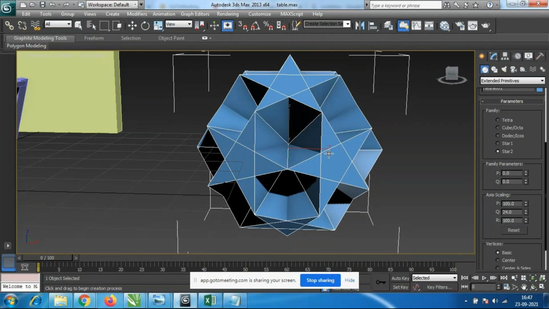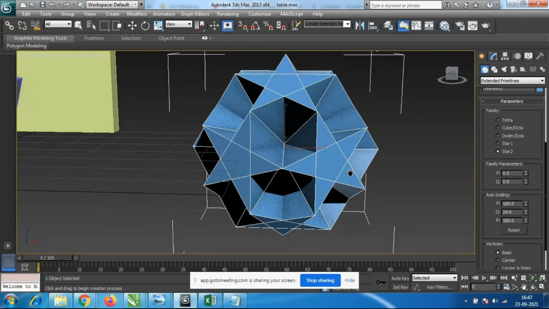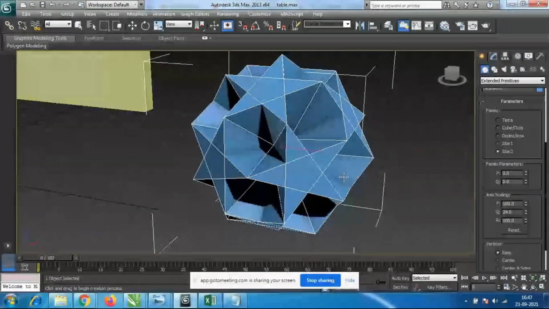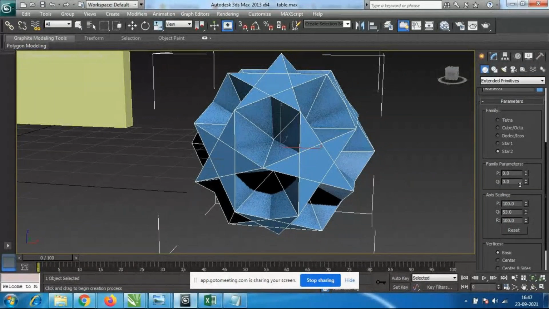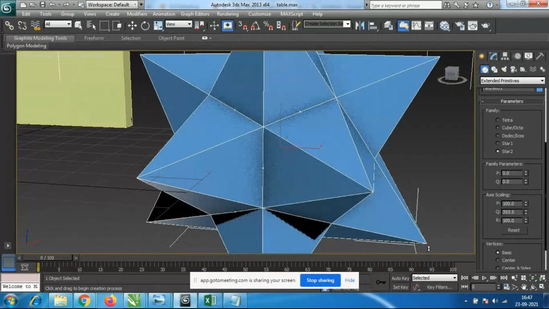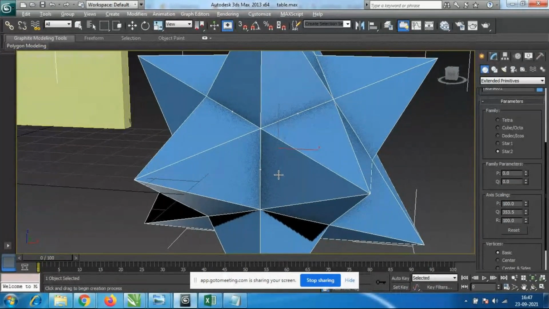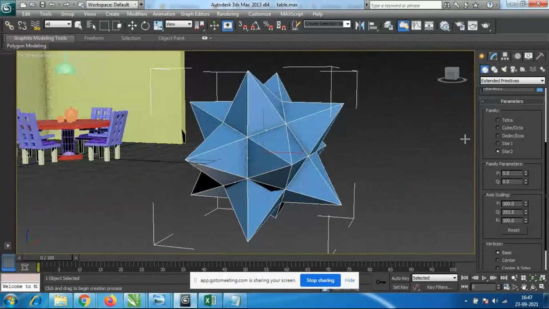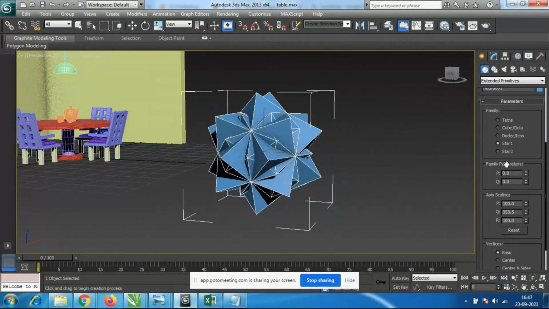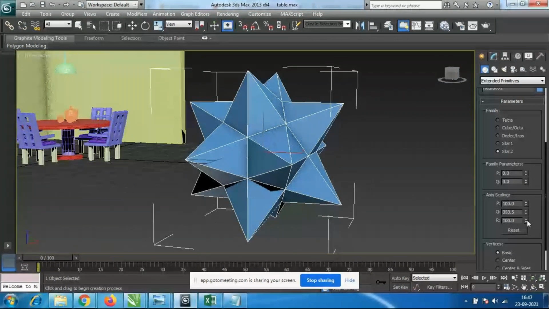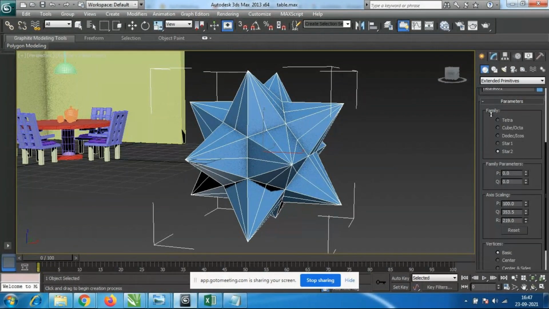Okay, so please come with me from the beginning. I'm telling everybody. Okay, see here. This is the star 1 and star 2 I have taken here. This is star 1 and the next one is star 2. See here like this. Any show lights you have to make, any hanging show lights, otherwise any show pieces, you can use this option.